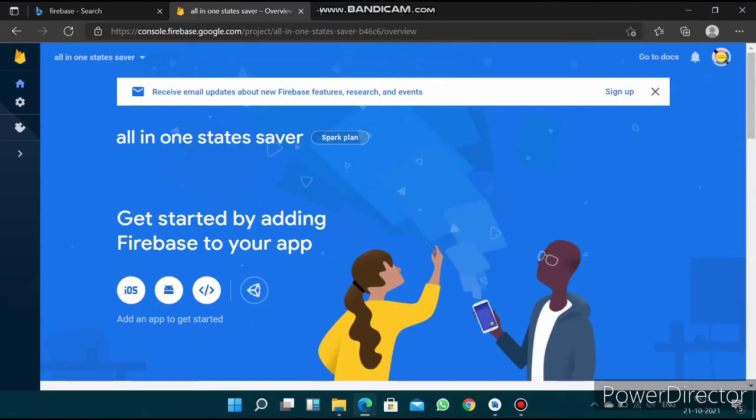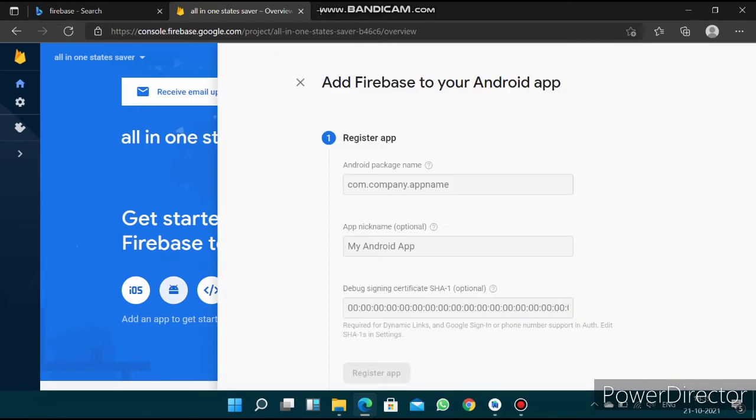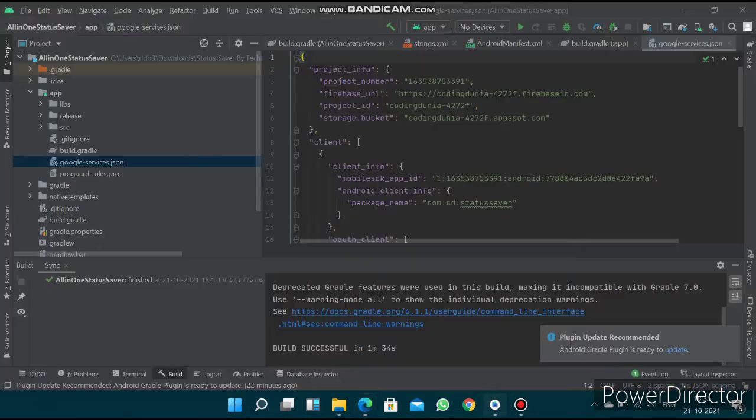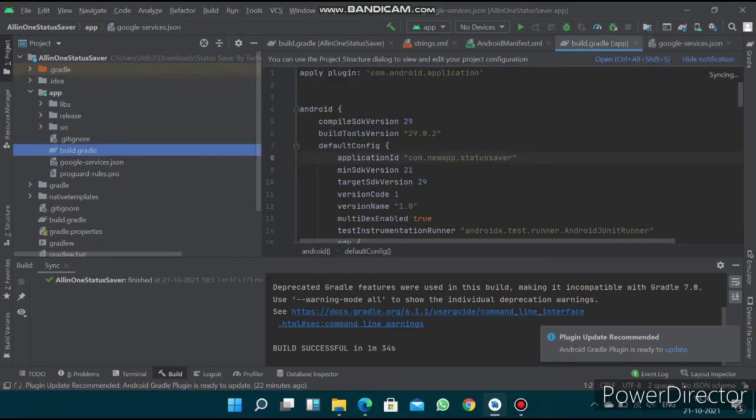Here you want to click on Android and you need to paste the package name here at the first. So let's open Android Studio for that. Open build.gradle file. Copy the package name.